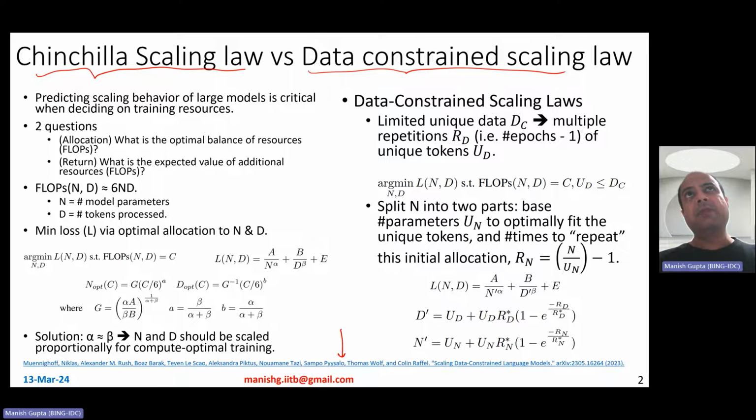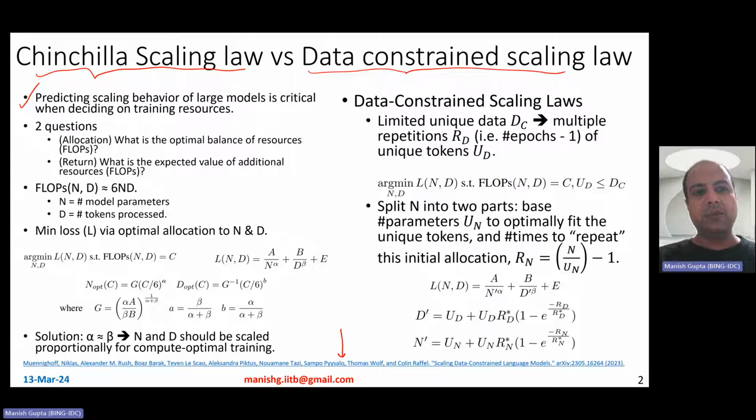So now the question is as follows: if you have a fixed amount of compute that you know, you have to decide how many parameters should I have in my model versus how many tokens should I train it for? How do you select between those two? To be able to make that decision, what you need is some predictive scaling law of large language models to decide what kind of training resources should be used.